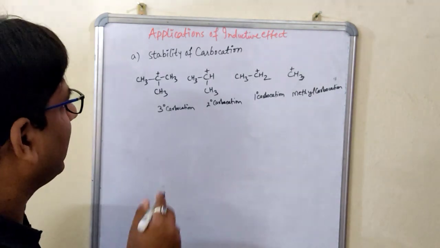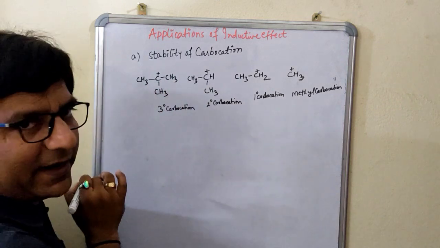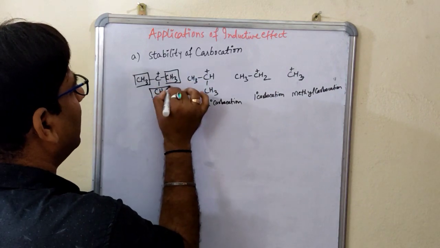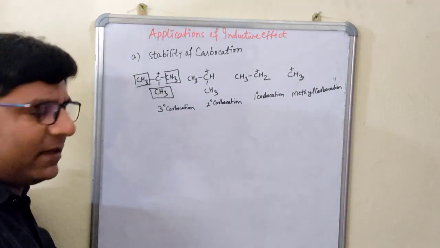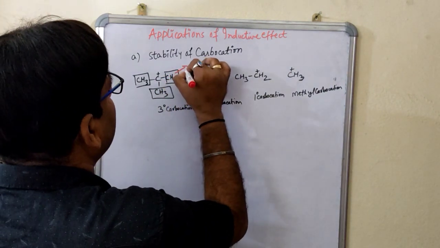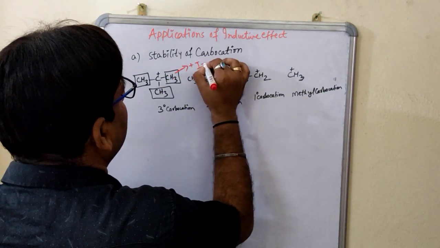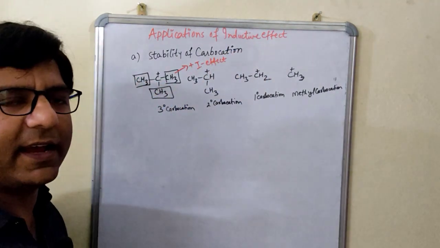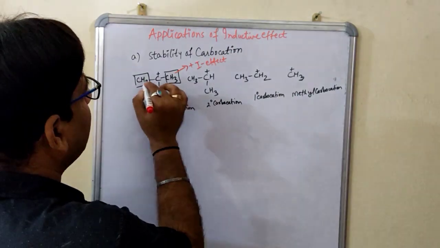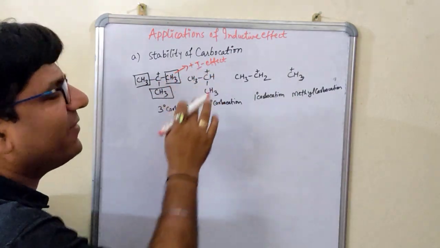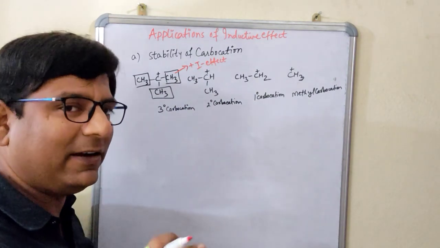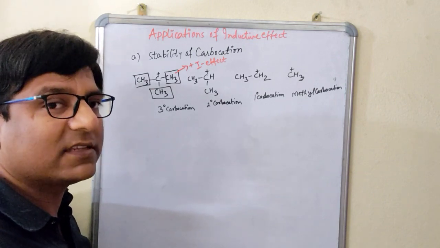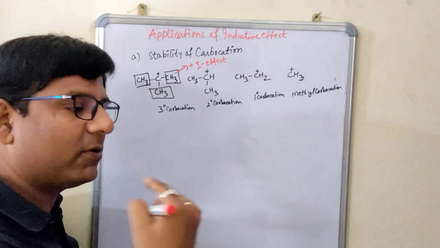Now, already we know that to this carbon atom there are 3 groups, that is, 3 methyl groups, right? And what are these methyl groups, students? These methyl groups have which kind of effect, plus I or minus I? That is, of course, the plus I effect. All the 3 methyl groups have the plus I effect. Now here there are 3 in number, right? And plus I effect means what? They are electron donating groups. They will donate the electron, or you can say electron releasing group. The other name for it also, you can say electron pumping group, means they will pump out the electrons.